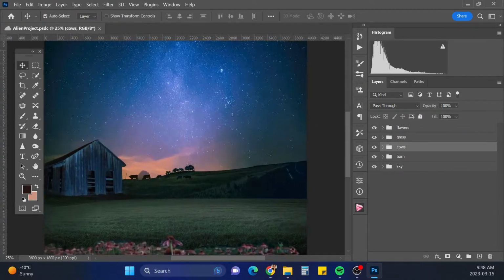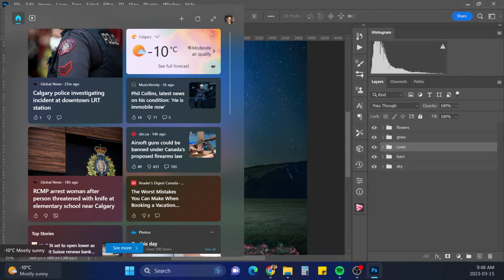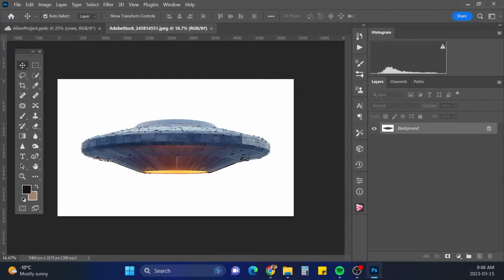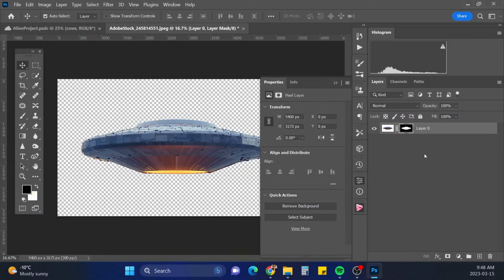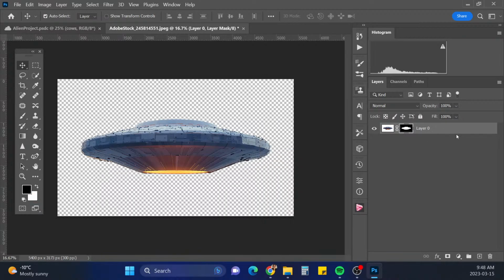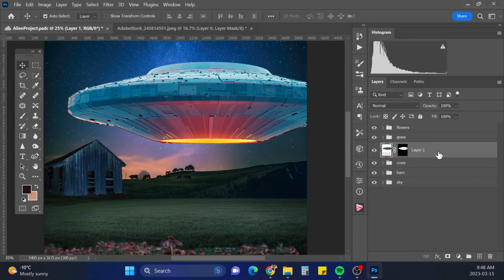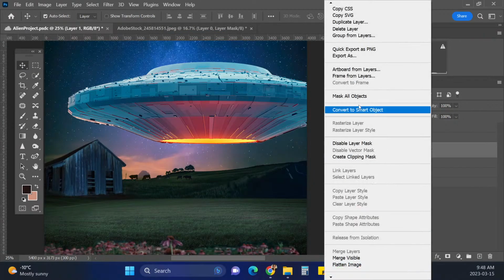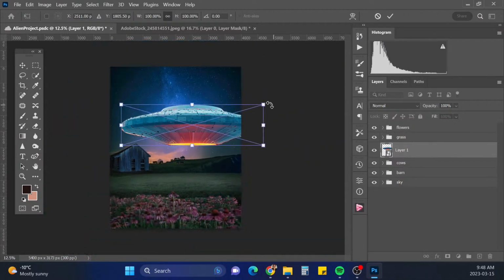Okay, so spaceship. Whoops. I'm showing you guys my news. Alright, remove backgrounds. And bring this layer over to our folder here. We're going to convert this to a smart object, so right click, convert to smart object, Control T to resize it.